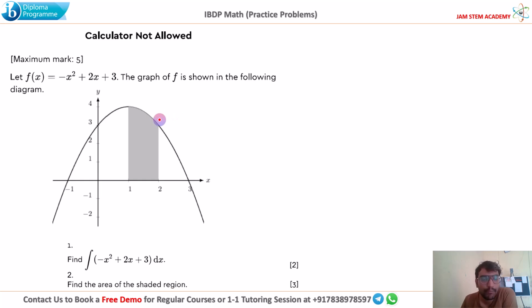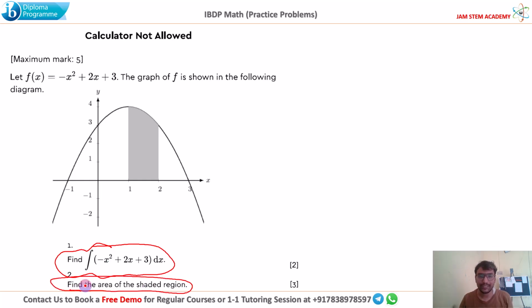Do you know the most important concept of this calculus is this area under the curve part? Here, f(x) is minus x squared plus 2x plus 3, whose graph is already given to us, and we have to find the integral in the first part. Integral that we can directly calculate, it's indefinite integral, but later they said also find the area of the shaded